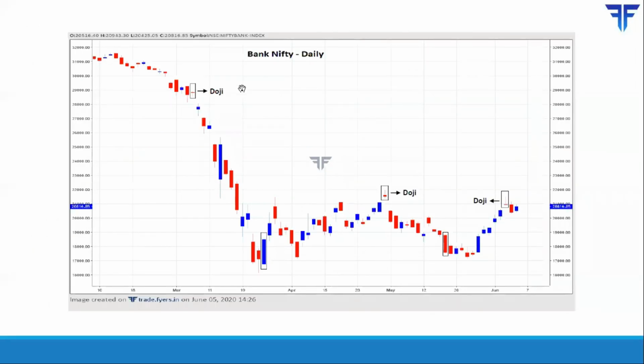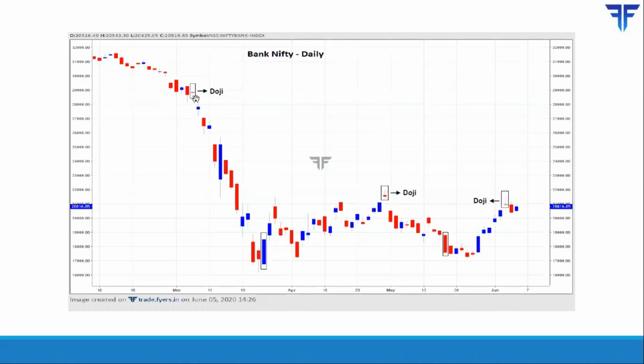Now this is how a doji looks in the real world. If you look at the left of your chart, you could see a doji wherein the open and close were the same. After this downtrend, this doji appeared, indicating a scenario wherein for this particular period, and this is the daily chart of Bank Nifty, for this particular day, there was uncertainty on the part of buyer and seller. So once this doji printed, you had no clue as to where the price would head going forward.